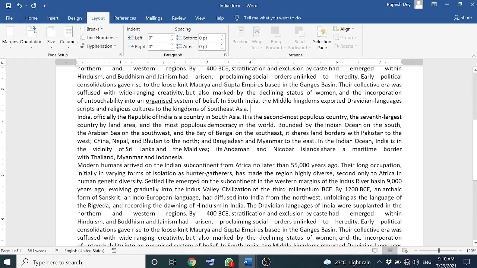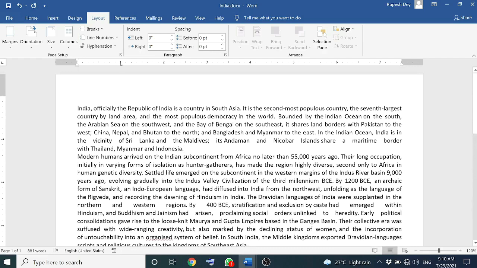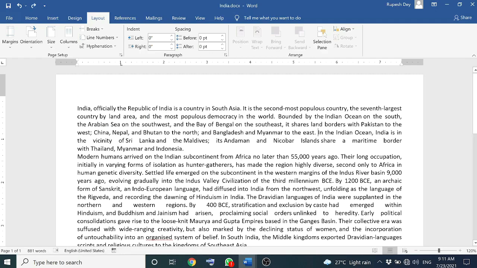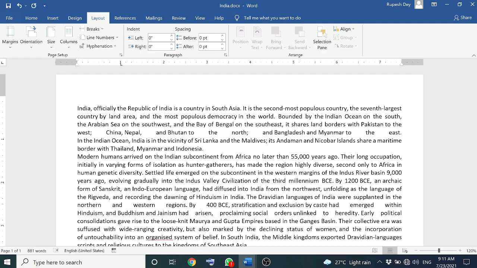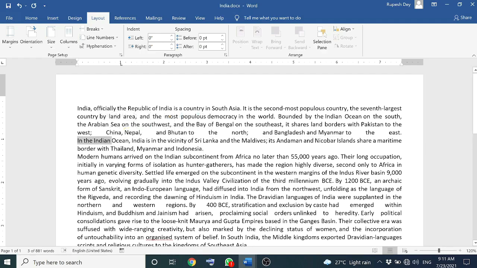Now we will learn how to make a line break. When we press enter, it makes a new paragraph. Like here, if I keep the cursor and press enter, it will make a new paragraph. So this is the new paragraph created from this paragraph. A line break will move the cursor to the next line without breaking the paragraph. In this case, we will not press enter. We will press shift and enter together. Shift and enter. This will make a new line in the same paragraph. Now this is not a paragraph. This is the new line started in the paragraph after this line.